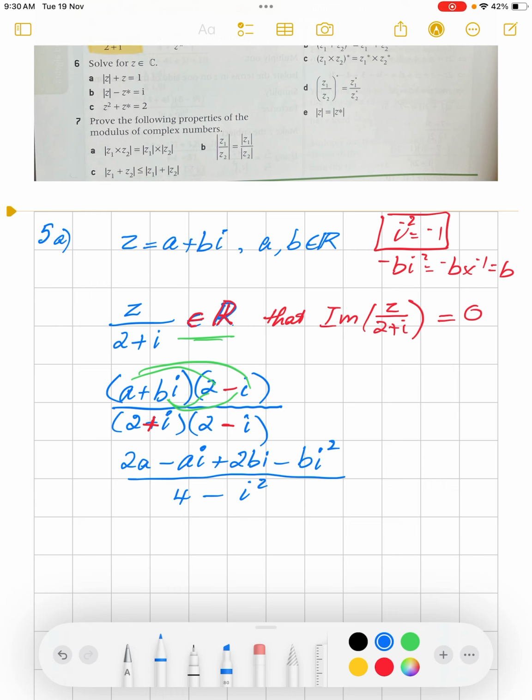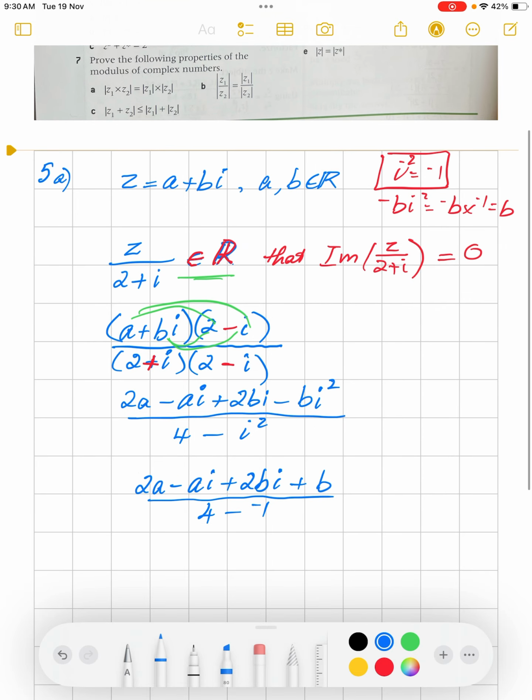So we've got 2a minus ai plus 2bi, change that to be plus b, and the denominator is 4 minus -1, and that's 5. So our denominator is 5, and our real components are 2a plus b over 5,